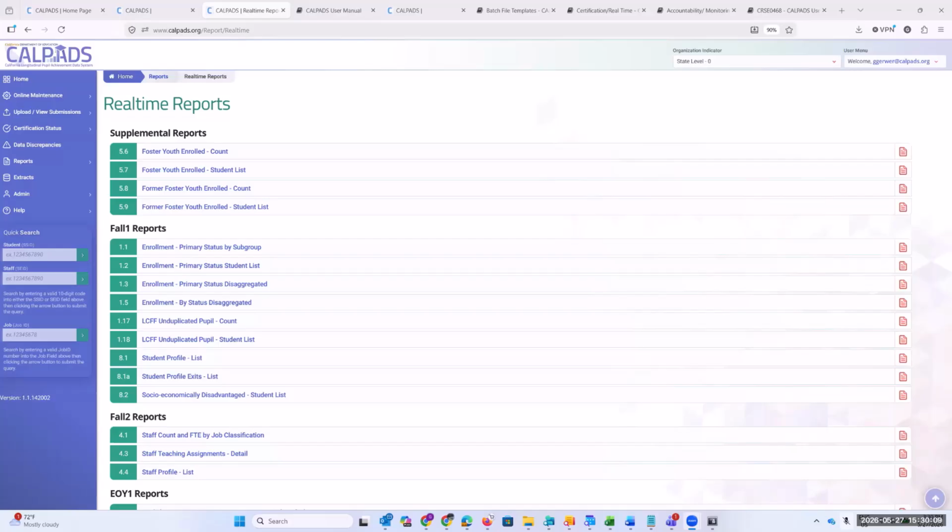So for that reason, your direct cert reports may look lower only because until you put your next year enrollment in. Once you put your 26-27 enrollment in and your direct cert files are matched up to those, then you have a direct cert extract that is provided for you that has a more robust listing.